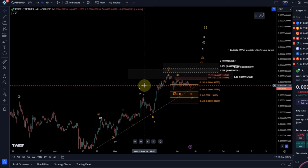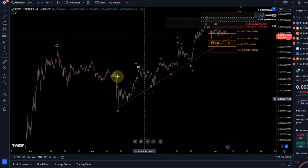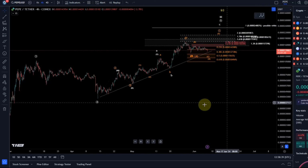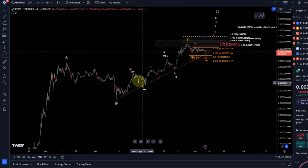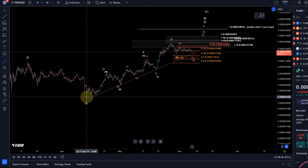Over recent weeks, PEPE followed the analysis nicely. I have to say though that we are now increasing risk, because I had down here a support area that was a decent setup, which I've taken off the chart because we don't need it anymore. The price did break out. A few weeks ago I talked about it on X,